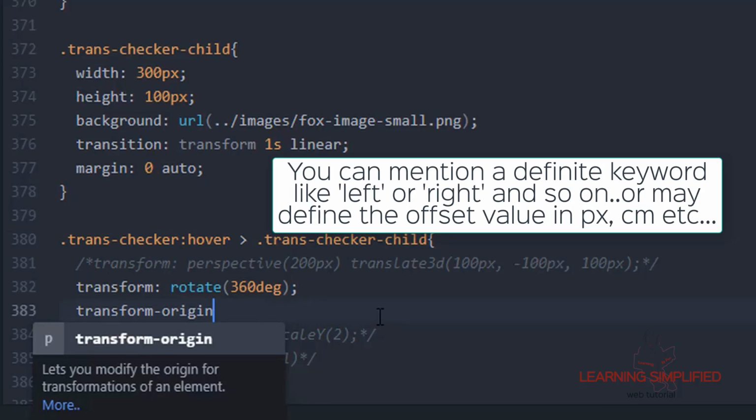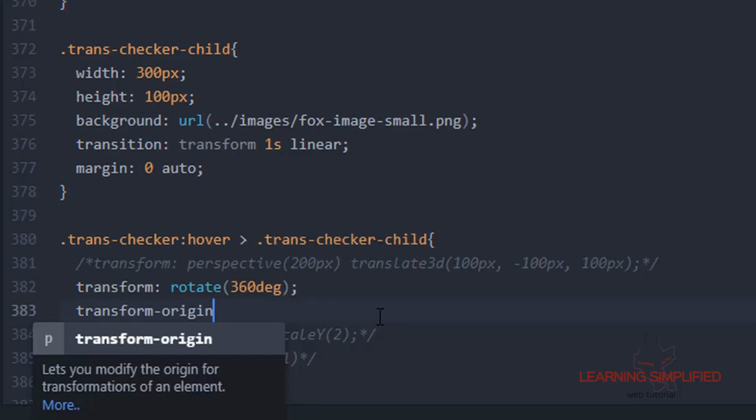In the case of the offset position, you are using a definite absolute unit, something like pixel or centimeter or this sort of thing. But when you are using some sort of keyword, something like left or right or top, bottom, then you do not need to mention any kind of absolute unit here. All you need to do is mention those definite keywords.